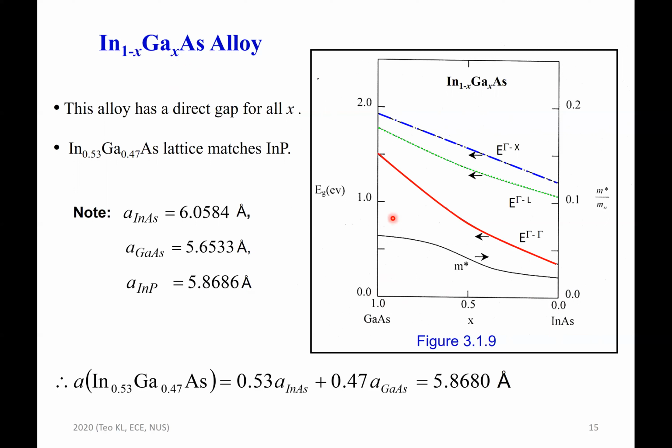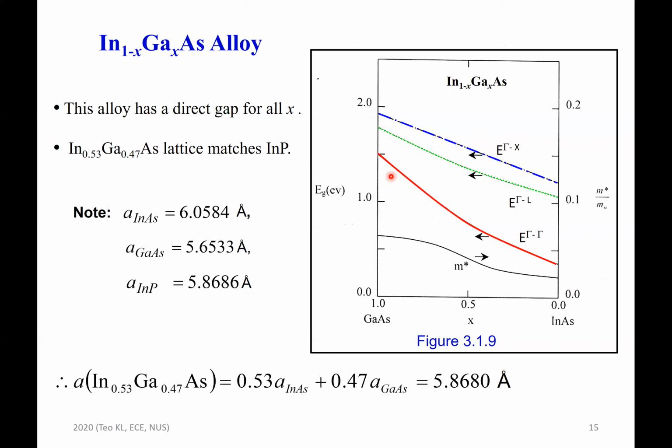And you look at the band gap energy. The red curve, this arrow points to this axis, which is the band gap energy. This is measured from the top of the valence band for each curve. So this is the bottom of the conduction band, measured from the top of the valence band. The green one is again the bottom of the conduction band at the L value with respect to the top of the valence band. This is again the gap from the bottom of the conduction band at the X value with respect to the top of the valence band.